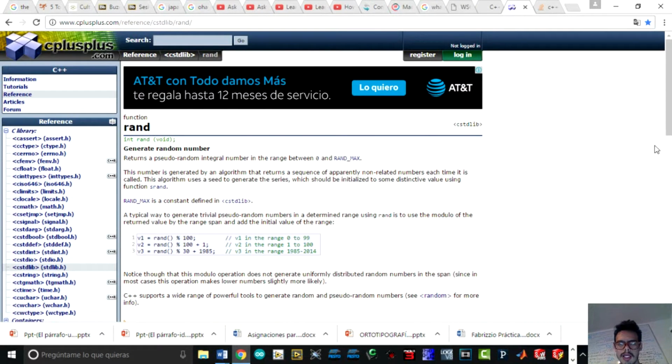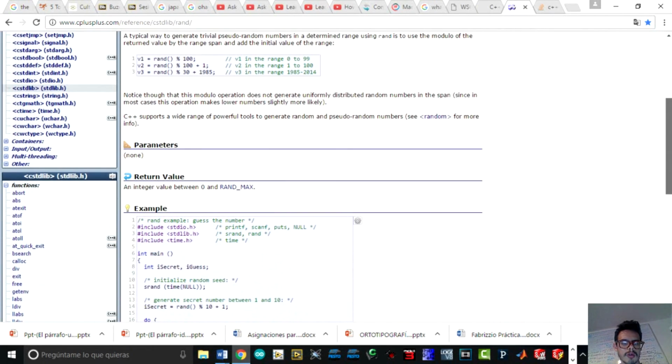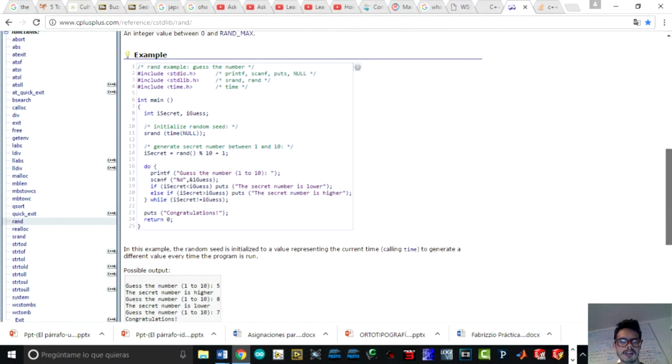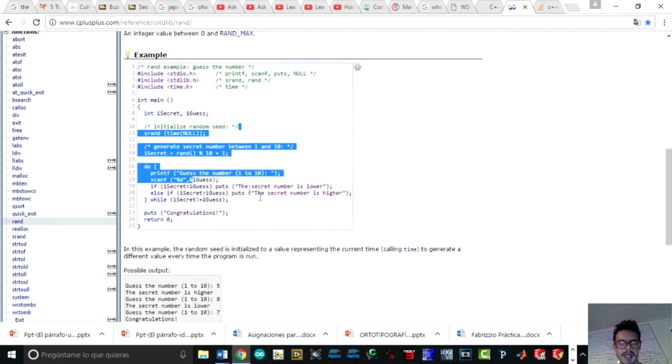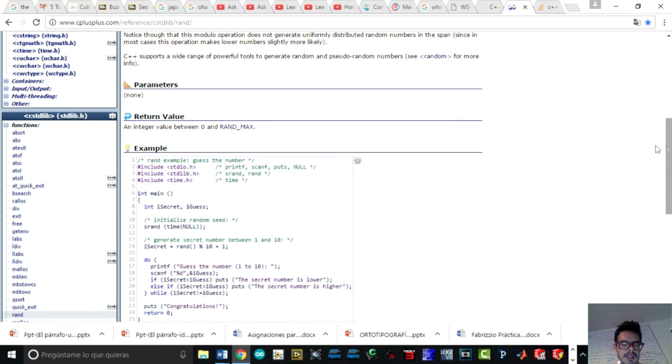No, this one generates a random number. If you look at it, the example it gives me is in language C, no, C++, but the logic is the same, so I like to see that. In this case, you put the procedure as run I secret, and I transform this to my code in C++. You have to initialize random zip and put the static srand time null to tell the time